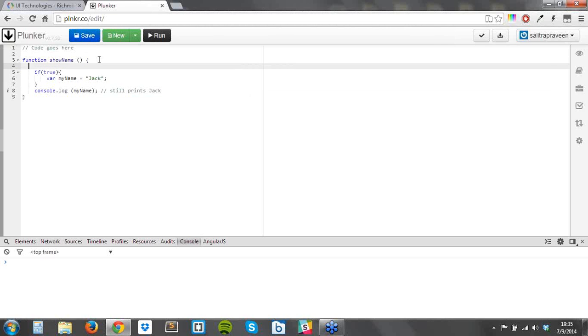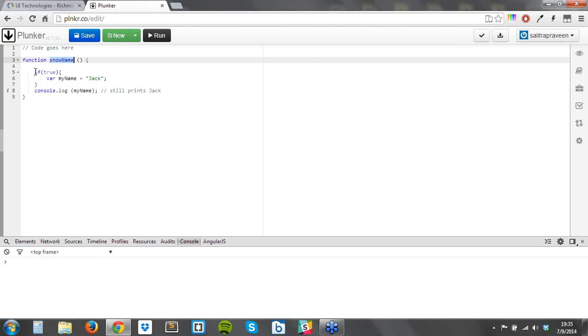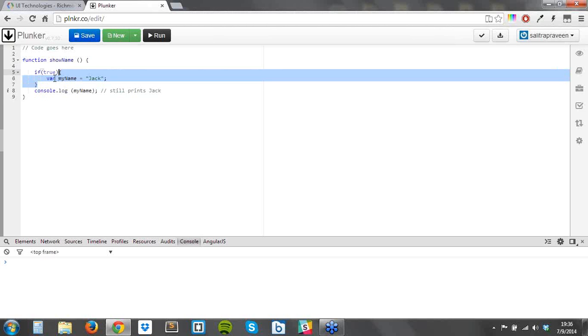So for example, what I'm doing here is I have the function showName, and then just to make this demo work, I am using an if block here, which is nothing but an if block, and then I'm declaring one variable there. Now, as I said, there is no block level scope in JavaScript. This myName is even available outside the block,